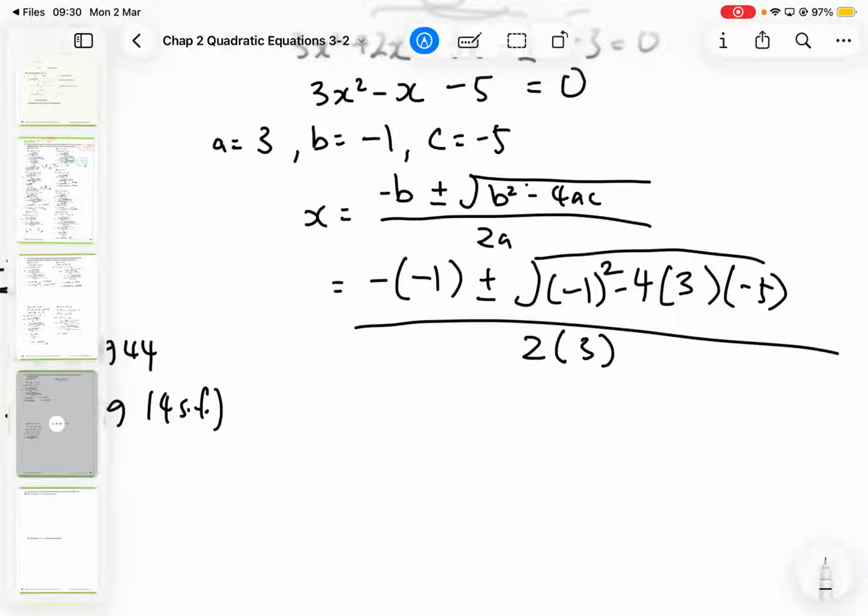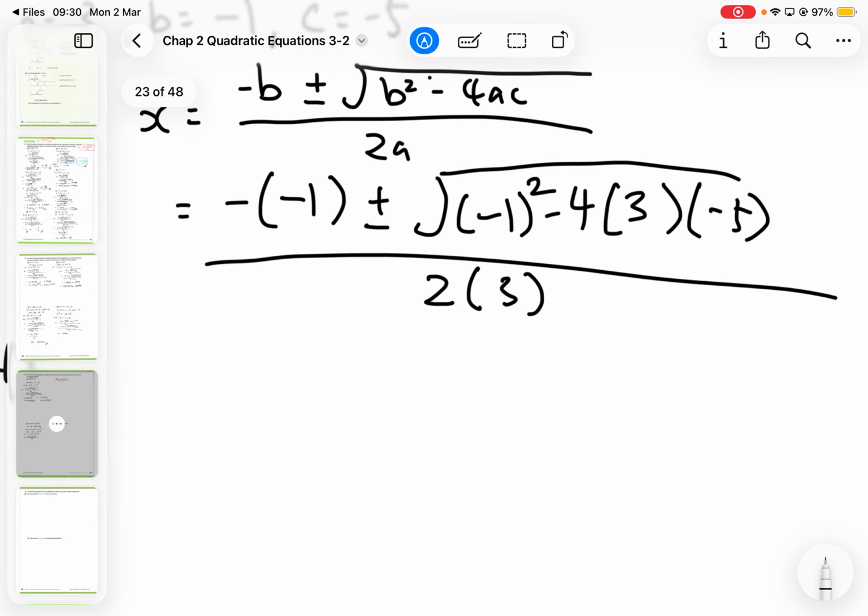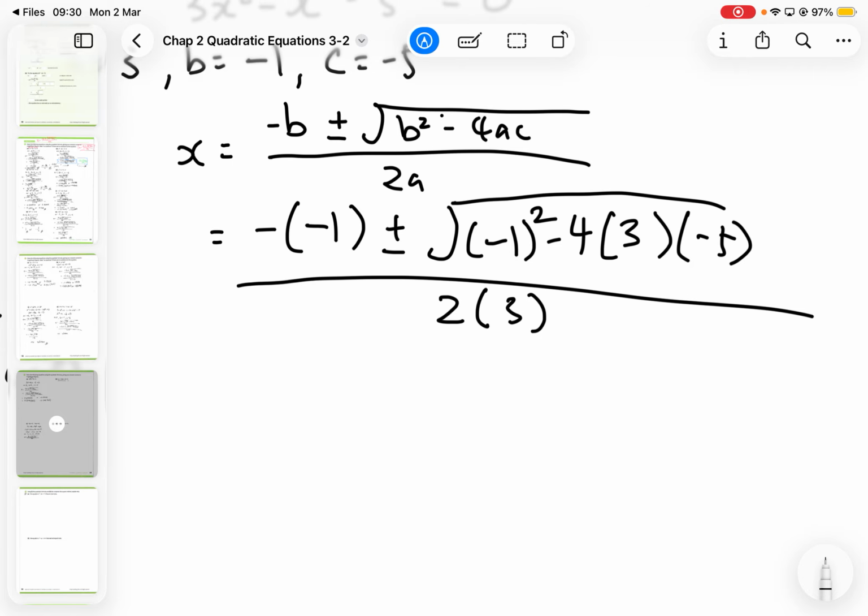Okay? Then you can start to key in this entire thing inside your calculator. This one, key as plus. It is plus or minus, but we have to do it in 2 steps. So the first step, I will key in fraction sign, then numerator minus bracket -1 plus square root, bracket -1, then square the bracket, -4 bracket 3 bracket -5. Then denominator put 2 bracket 3. You can copy this exact same